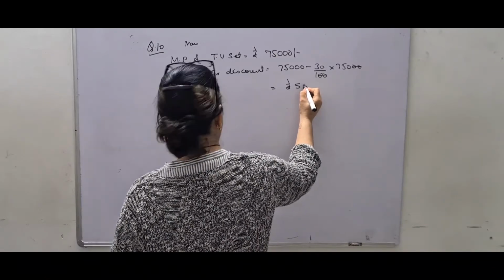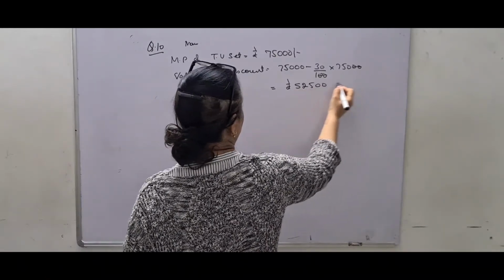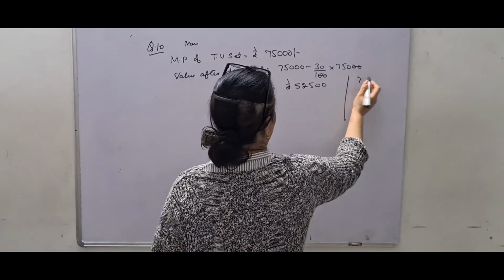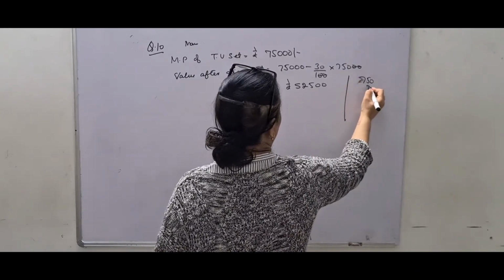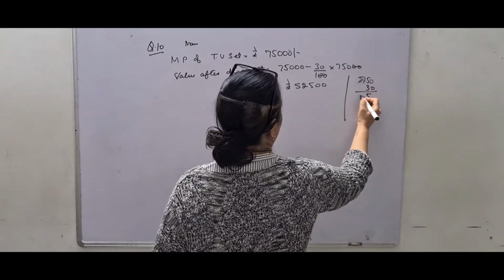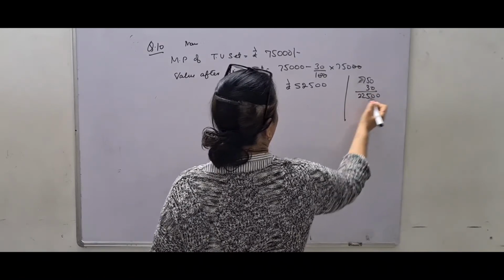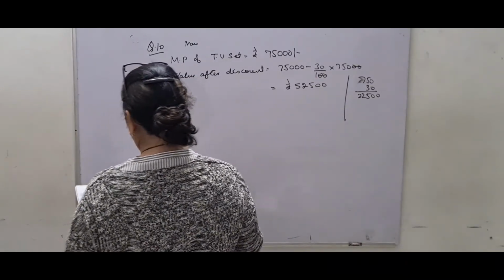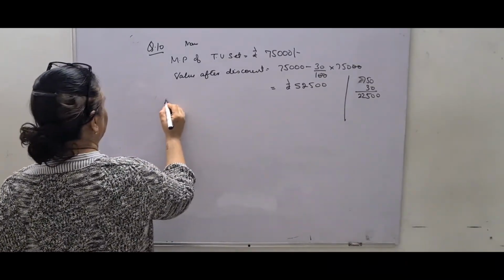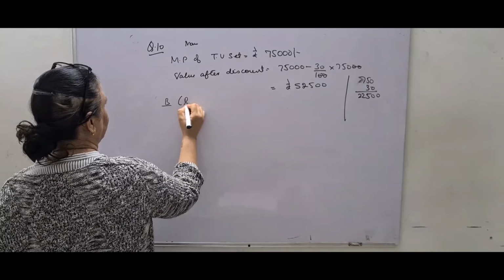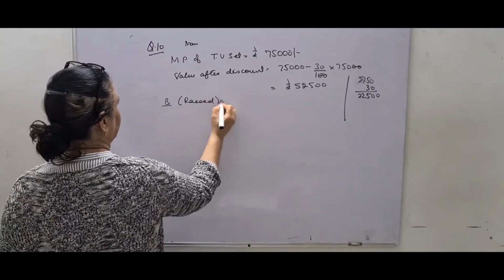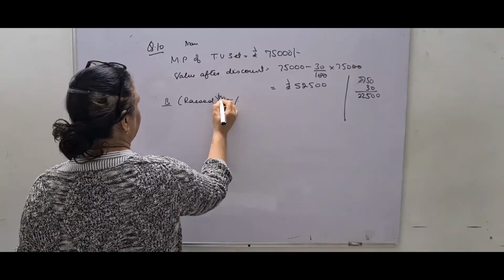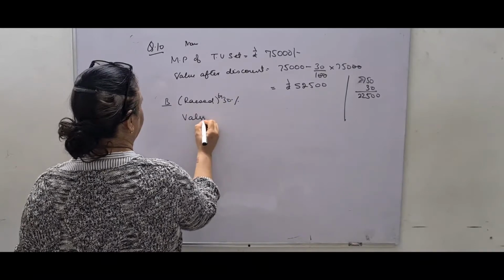Let me calculate it: 52,500. Do it at the side, 750 into 30. So after subtracting, you will get this, and this is the first answer. Then at B, raise the price by 30%. Raised by 30%. So value after